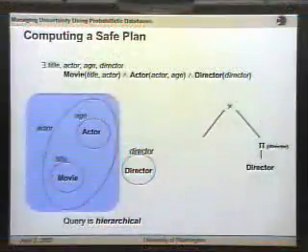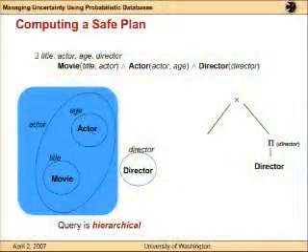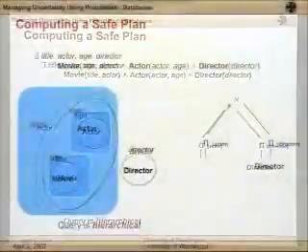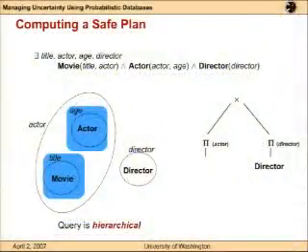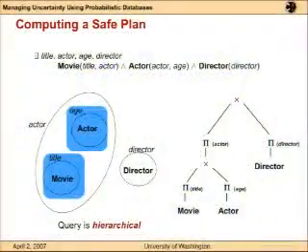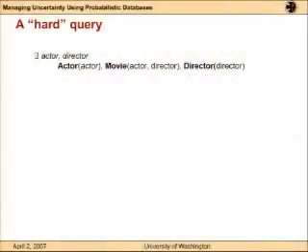So then you go to the left. It has a single component with actor as the top attribute. So you remove that attribute and you go down. Now there are two components, so you do a join, and then you go inside each one of them. So you find a plan. And you can prove that this plan will give you the right probabilities no matter what the input database is. And this is the way you can compute a safe plan for any query.